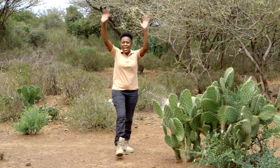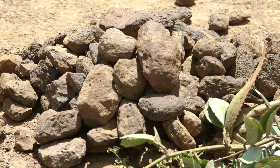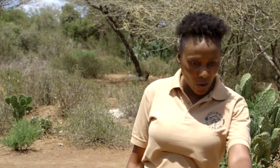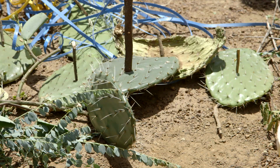But wait, from what I can see, this just looks like a pile of old stones. Where's the map? It looks like you're preparing for a riot. Irene, I can see stones, I can see thorns, I can see... No. What's happening? We are having these materials because they'll be helping us to map our resources, to understand our